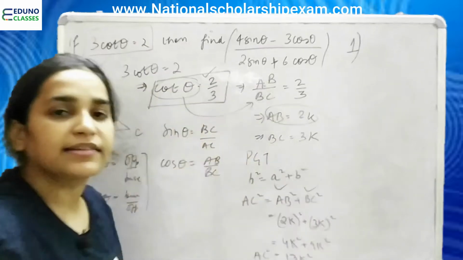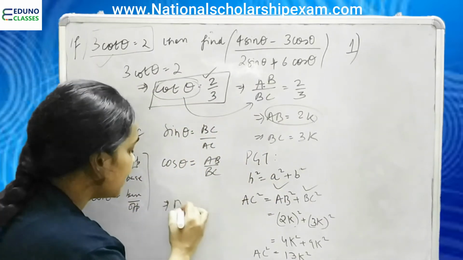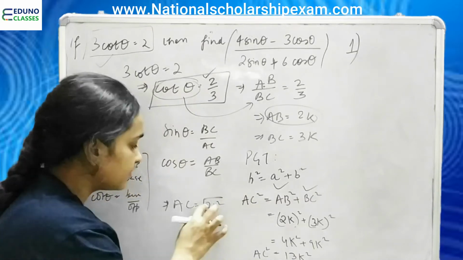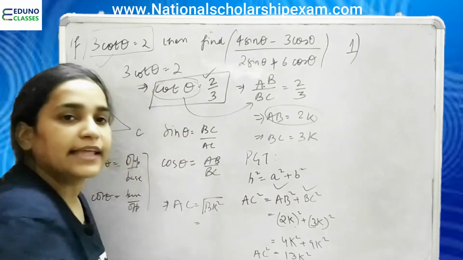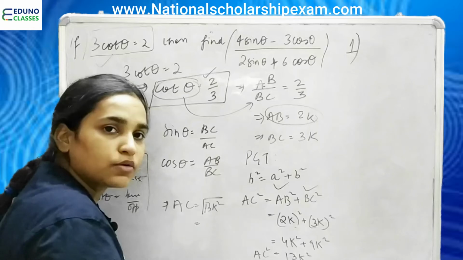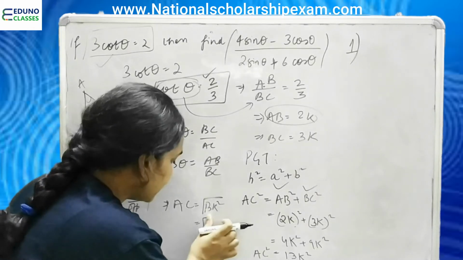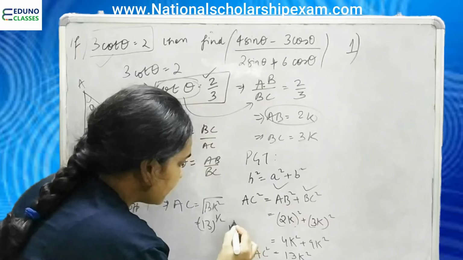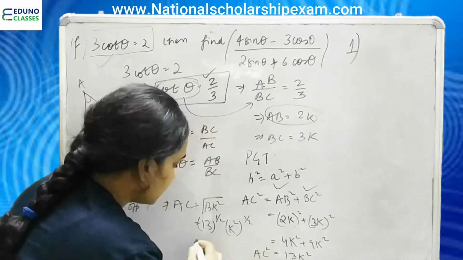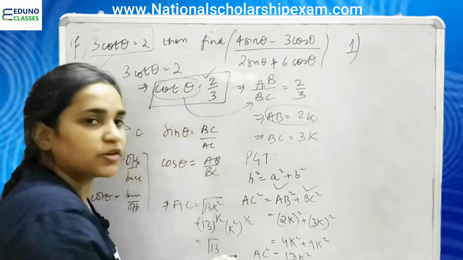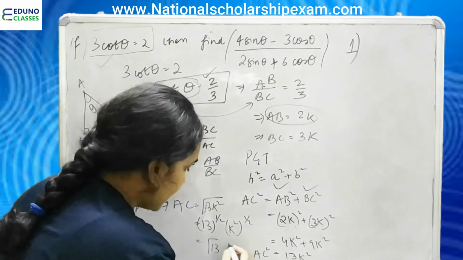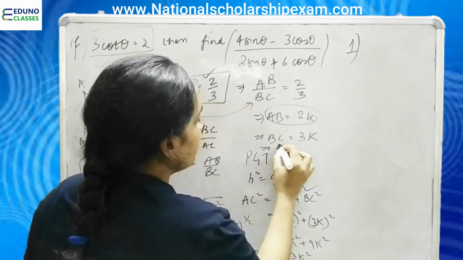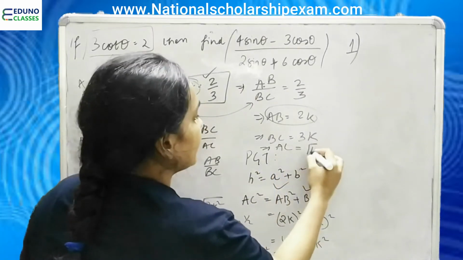So, AC square is 13k square, that means AC is equal to root 13k square. Fine. And then k will come out of the root. I hope you know it will be like this: 13 to the power 1 by 2 and k square to the power 1 by 2. This can be written as root 13k, because there is no other simplification of that. So now we know AC as well as